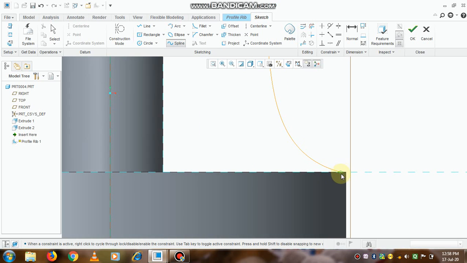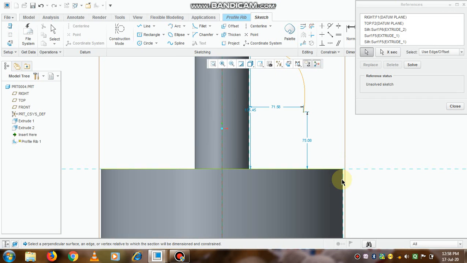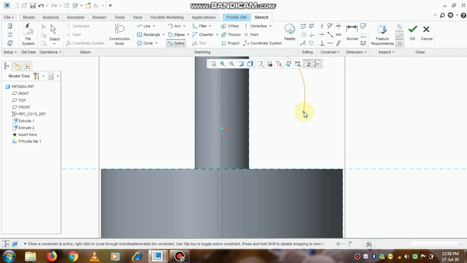Now this right side vertical line is not selected as a reference, so it is not picking up the point. So again we will select that line as a reference. Yes, now it is selected. And again we will continue with this spline command.